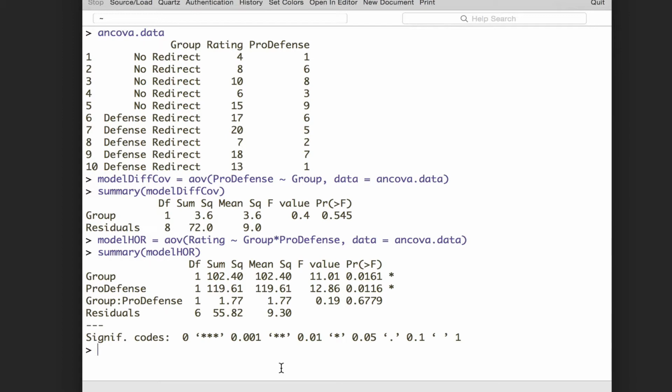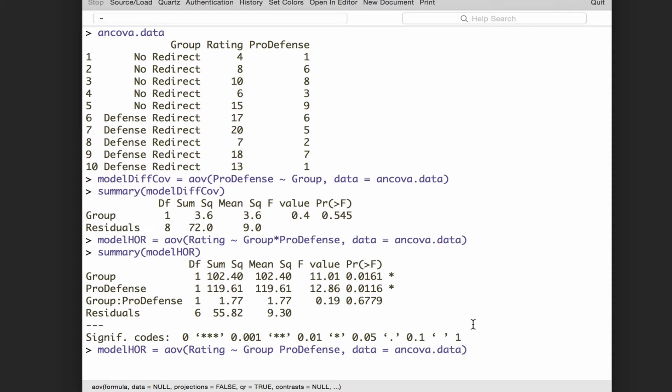And to do that, we're going to use the same function, and what we're going to do is include our dependent variable and our covariate, but not the interaction, because that's going to explain other variability, it's going to think we're just adding the covariate in as another effect, not treating it as our covariate, not adjusting the dependent variable for the covariate. So to accomplish that, what we need to do is say